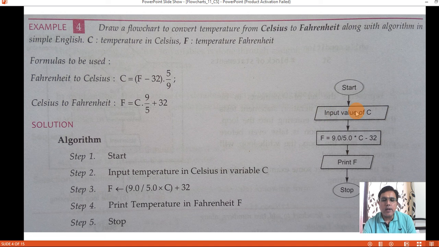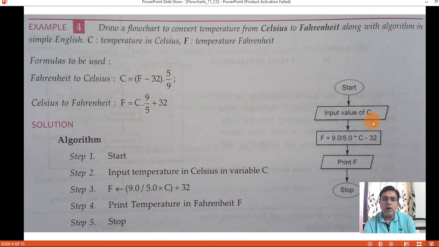Here in the parallelogram you write an input statement, input value of C, or you can write input C, or read C, or CEL, or CELSIUS. Whatever is convenient for you. Here capital C is being used to read the value of temperature in Celsius, so everywhere you have to use C only, in other expressions also.